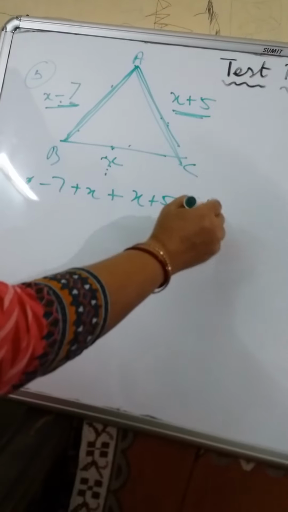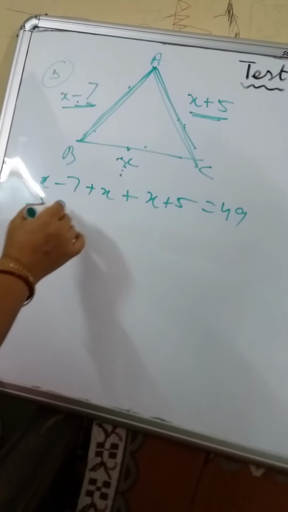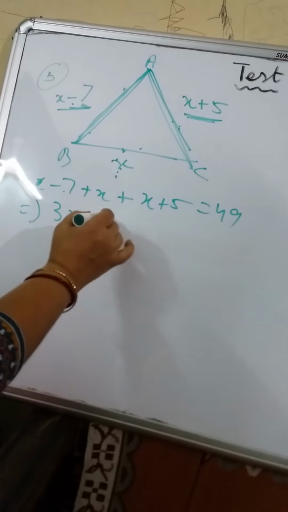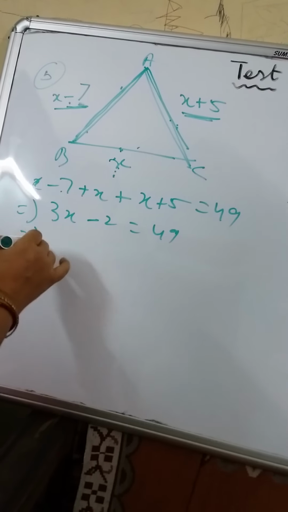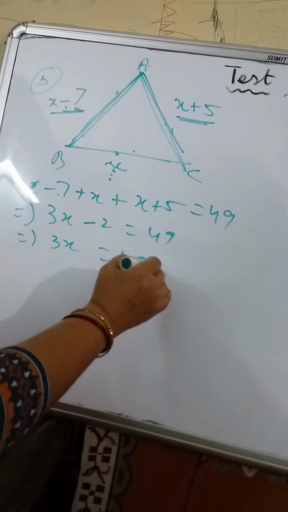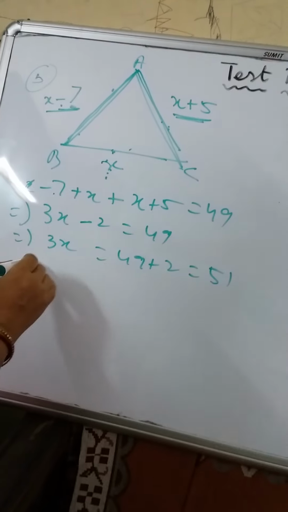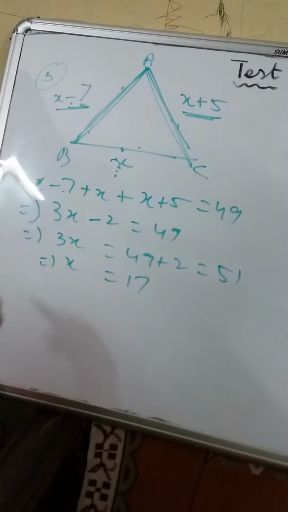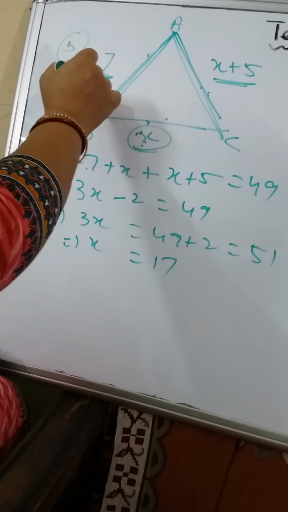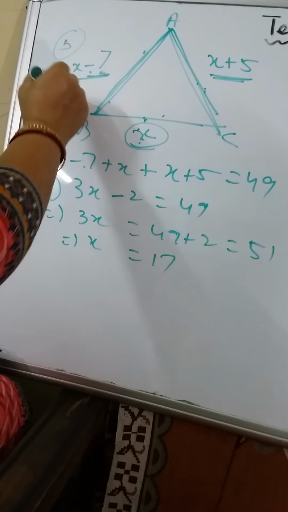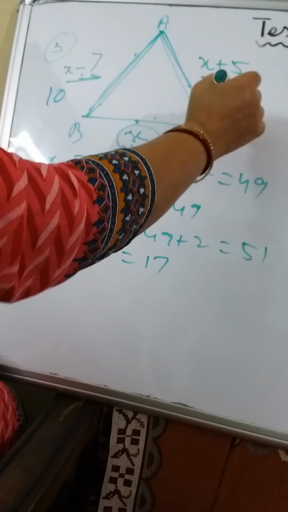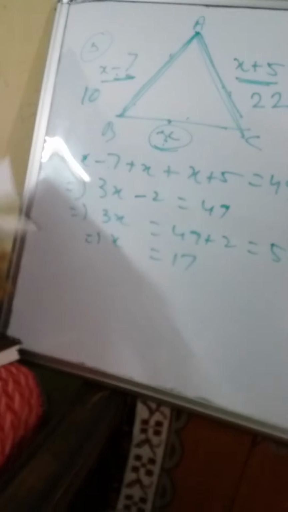So x minus 7 plus x plus x plus 5 is equal to 49. So 3x minus 7 plus 5, it is minus 2, equals 49. So 49 plus 2, it is 51. So x equals 17. So if x equals 17, this will be 10 and this will be 22. Next is